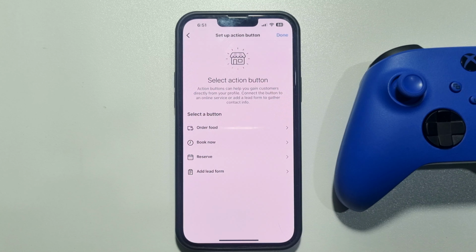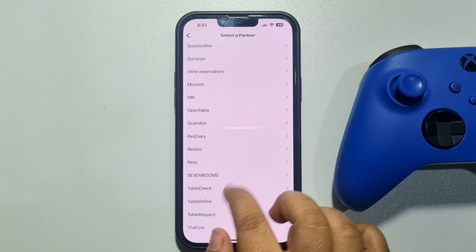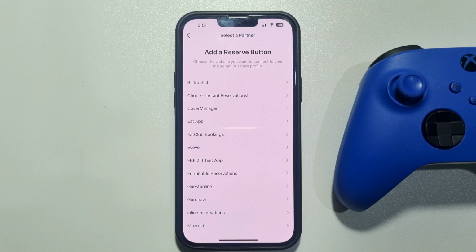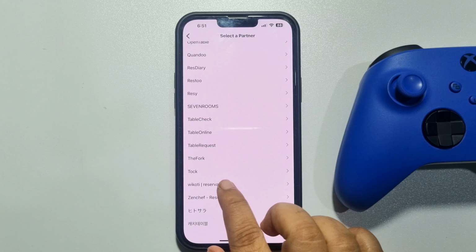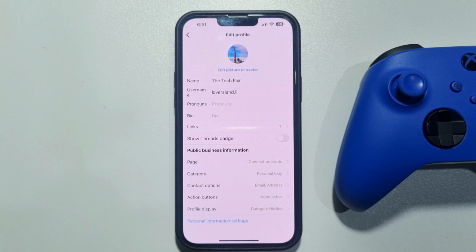Now let's add a Reserve button, and the same way here you have to select your partner. Just go ahead and set up your account, and